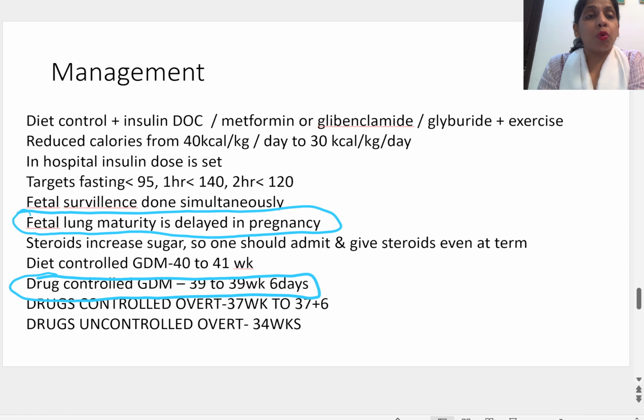Okay, and if it is overt and controlled on drugs, then we have to deliver at 37 to 37 weeks 6 days, and if it is uncontrolled overt, then we have to deliver at more than 34 weeks. Okay,